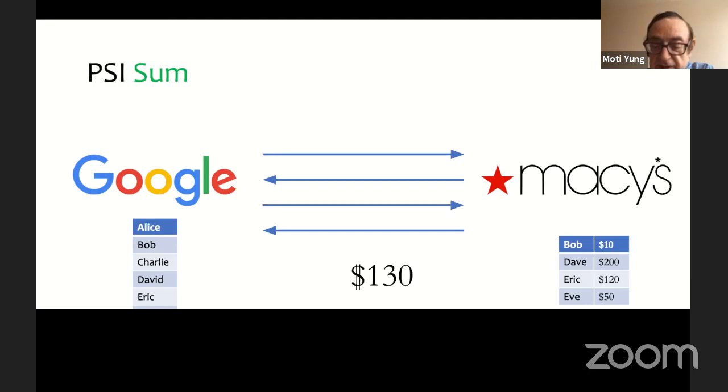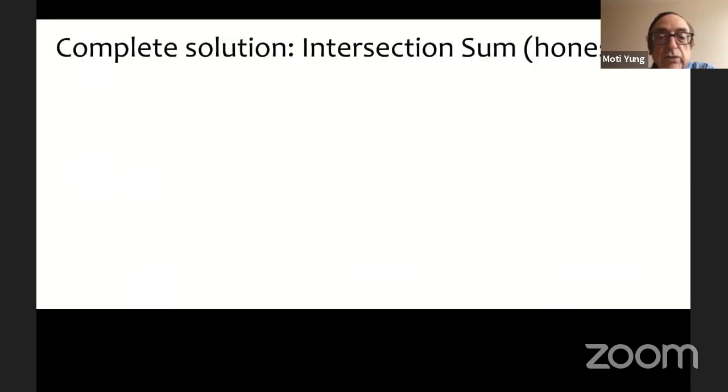And on the other hand, there is, first of all, user privacy. You cannot share it, and there are commercial trade secrets, so they don't really want to share the data. And that was the idea, to use cryptographic protocols to this end. And of course, there is a need to do it efficiently.